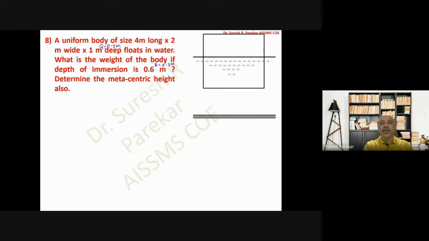Now we will draw the diagram, and we will show all values in this diagram only. So I will write down that given data, and that is as shown in figure. So we need not write all these values. It is always preferable to show these values in the diagram.